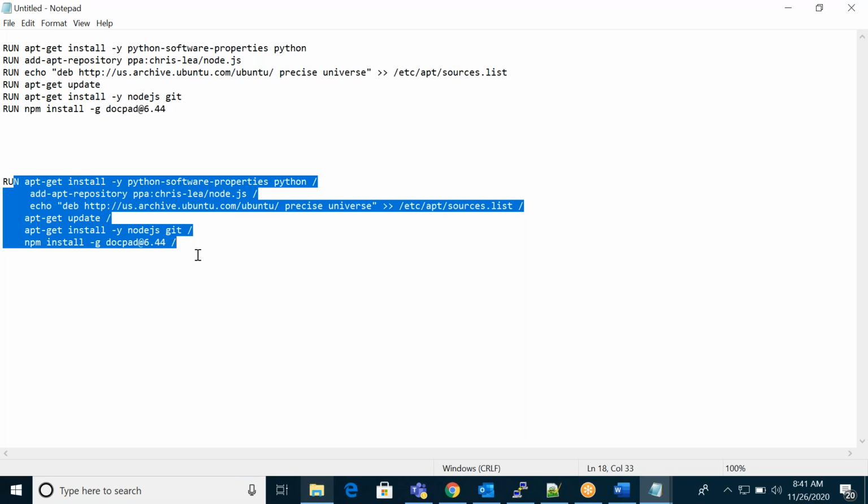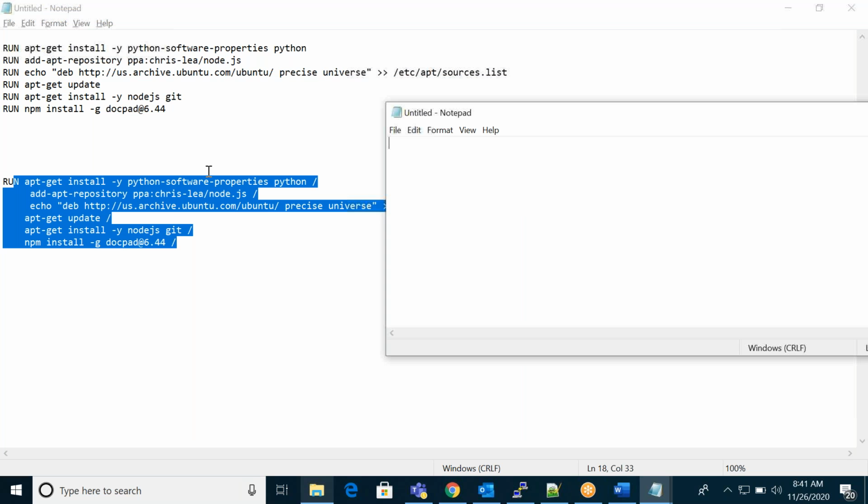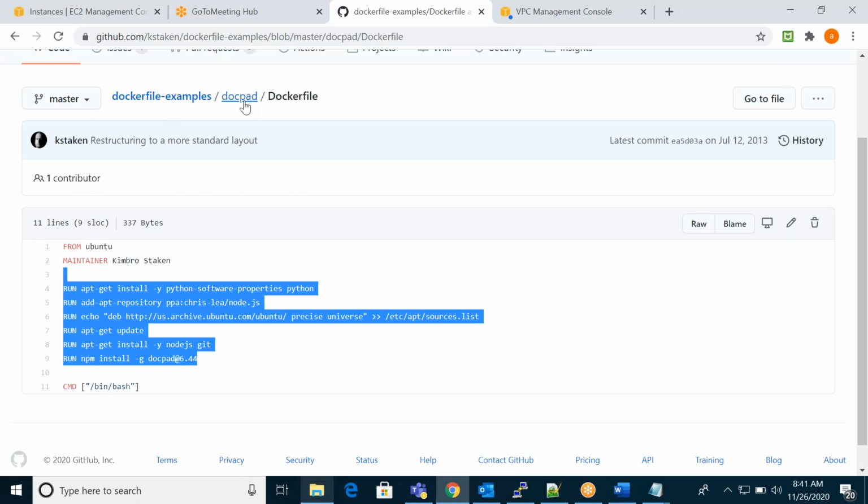For example, if you want to repeat the same instruction multiple times, you can write it as one command like this. Then you can reduce the binaries and maintain low storage and a low image size. I'll show you that also.